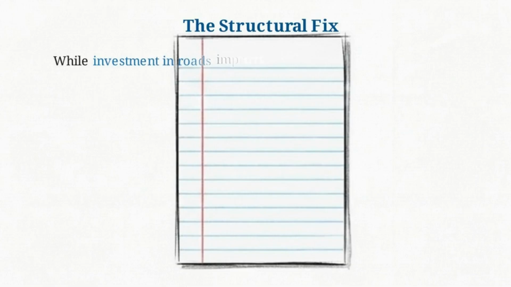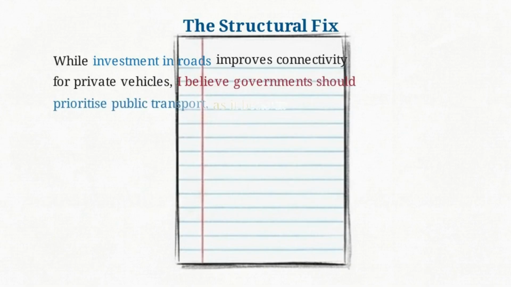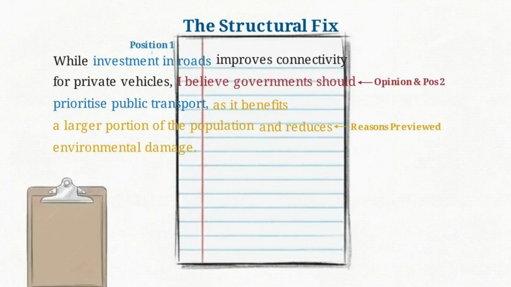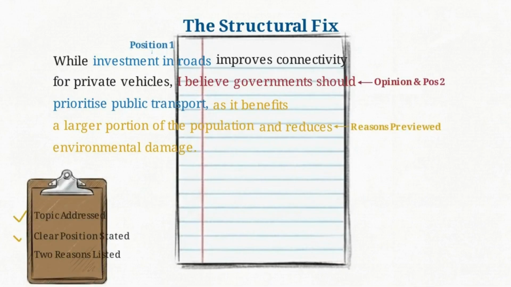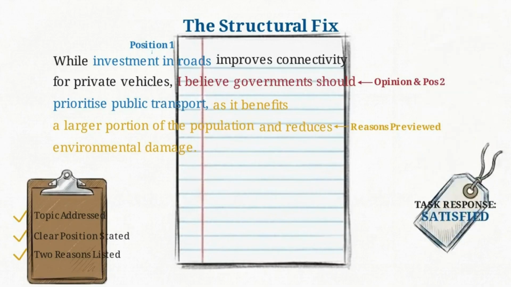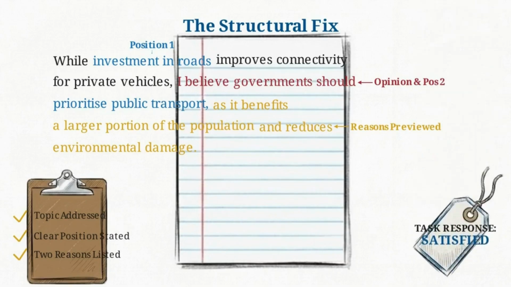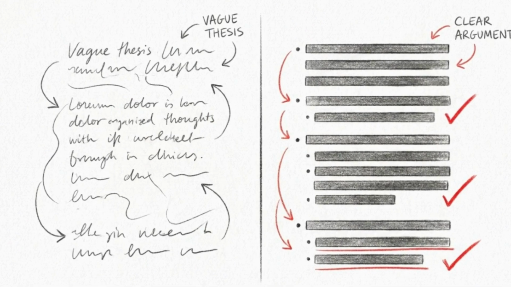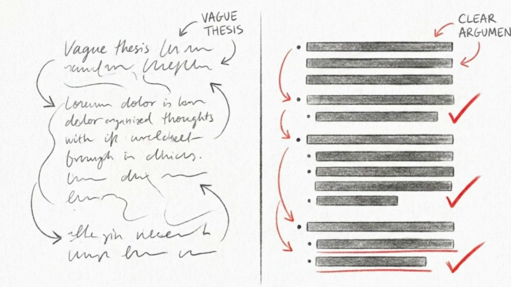While investment in roads improves connectivity for private vehicles, I believe governments should prioritize public transport, as it benefits a larger portion of the population and reduces environmental damage. Note how 1 sentence acknowledges both sides and establishes a clear view, completely satisfying the task response requirement right out of the gate. Mistake number 2 lives right next to this in the introduction, relying on vague filler sentences instead of